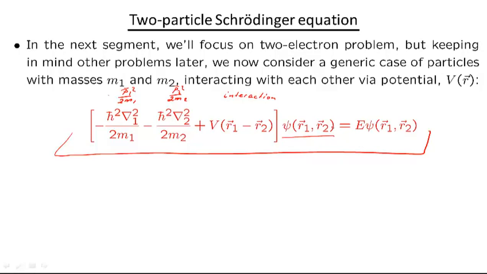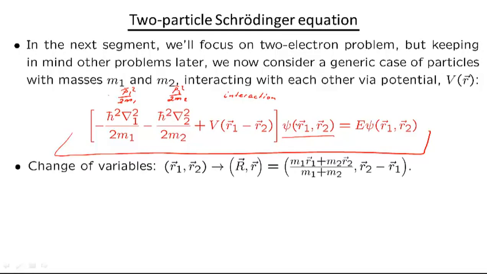So we want to solve this equation. The goal of this video is to show that instead of solving this complicated looking differential equation which depends on two vectors r1 and r2, we can actually reduce it to the good old single particle Schrödinger equation that we already know how to solve. To see how it happens, let's do the following change of variables. We will go from the coordinates r1 and r2, the actual coordinates of each individual particle, to capital R and